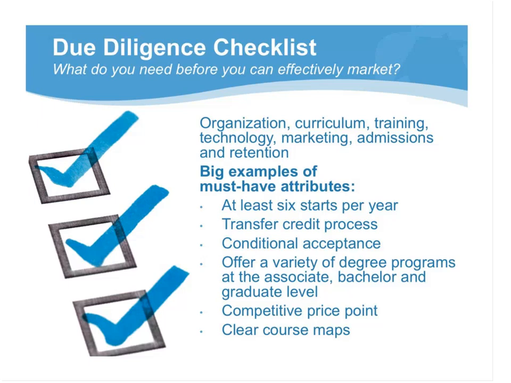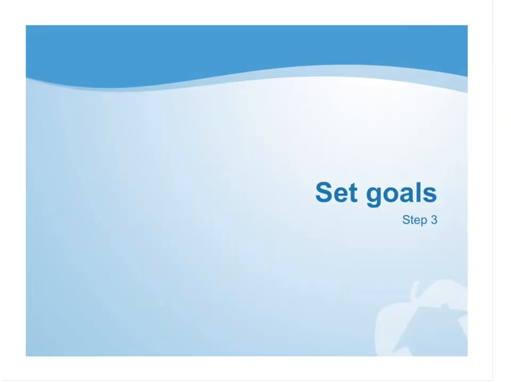Great. So moving right along, we're going to go to step 3 now, around setting goals. Goals are critical, but not just the 5-year plan goals. First, I've broken this down into mission goals. There needs to be a mission goal, especially with a mission-driven institution. How does it fit in with your online goals? How does that fit in with the rest of the institution? I think one of my big themes today is alignment. You need to make sure that you're constantly aligned with the institution as a whole. If you're not, I think you're going to continue to run into roadblocks.